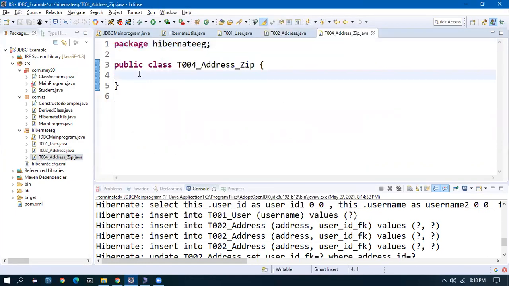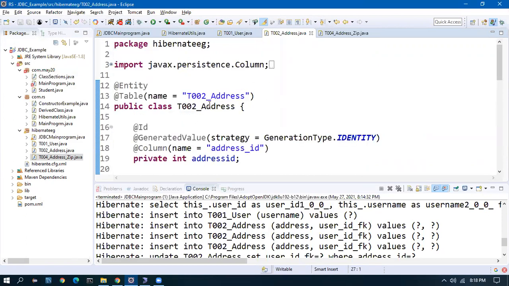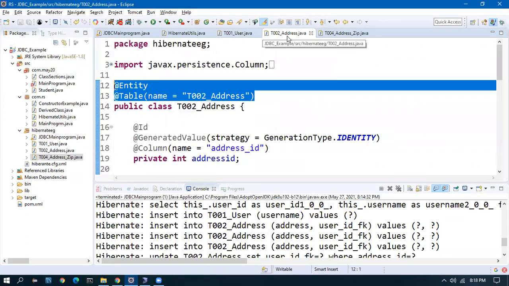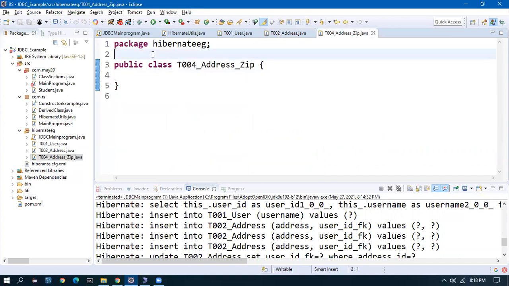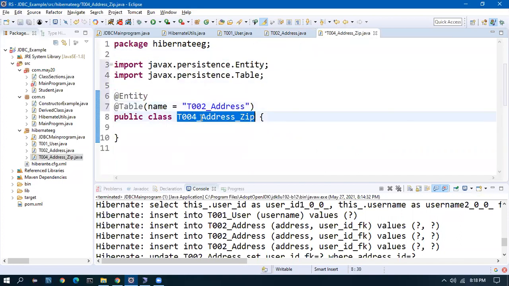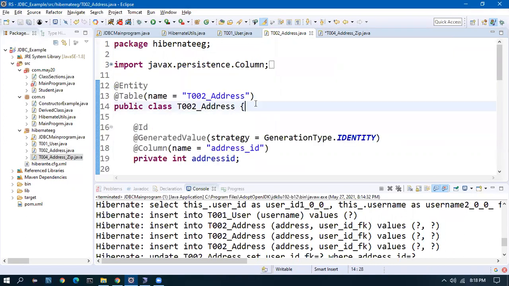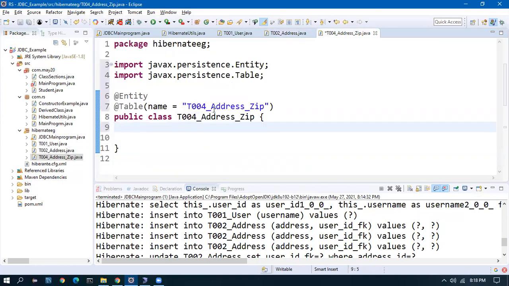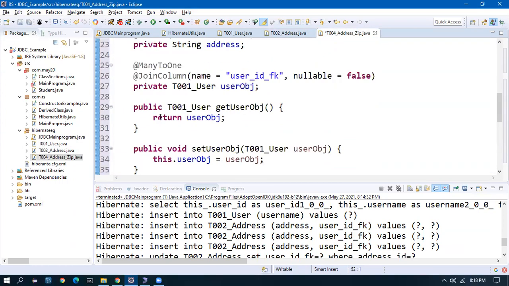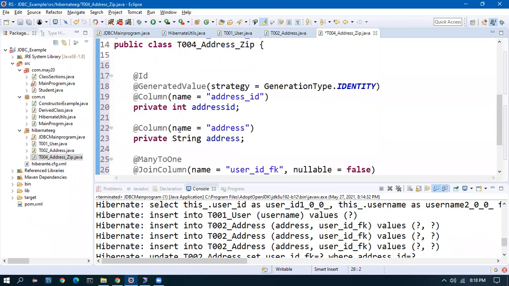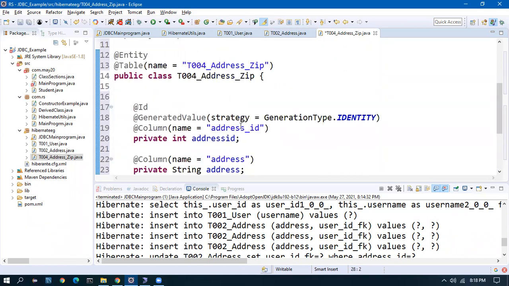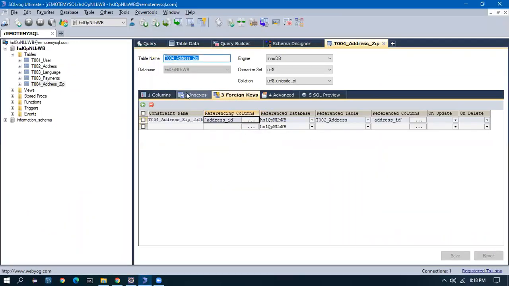No special reason. Here I will copy this and reuse just whatever is given in the double quotes. This has to be the same. You need not have the same Java class. Whatever is in the double quotes in blue color has to be the same as per the table. Now I'll copy this, paste here, and get rid of these getters and setters. Okay, ID auto generated.